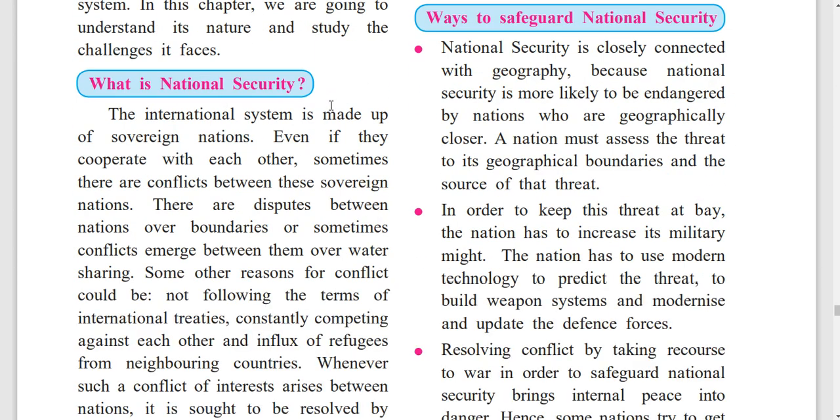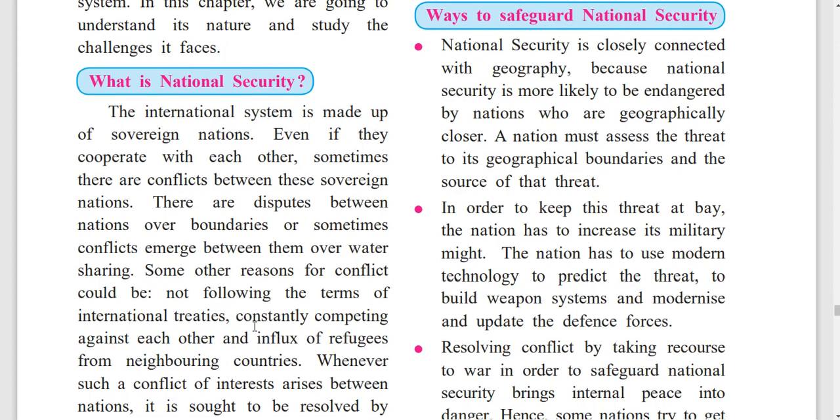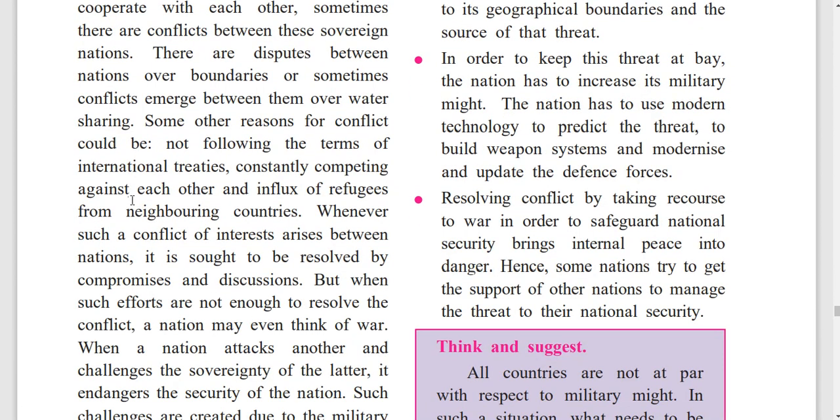What is national security? The international system is made up of sovereign nations. Even if they cooperate with each other, sometimes there are conflicts between these sovereign nations. There are disputes between nations over boundaries, or sometimes conflicts emerge between them over water sharing. Some other reasons for conflict could be not following the terms of international treaties, constantly competing against each other, and influx of refugees